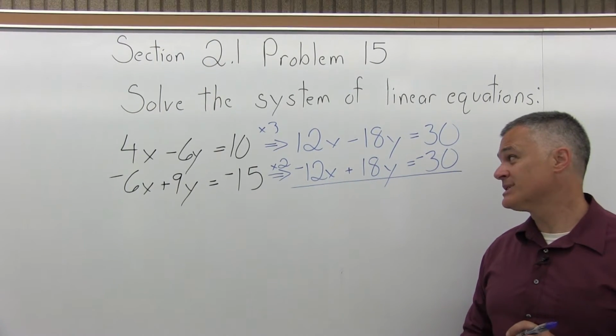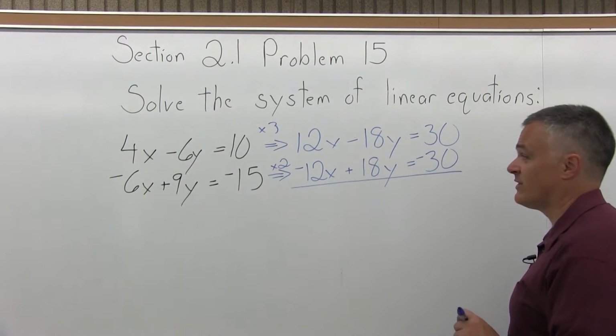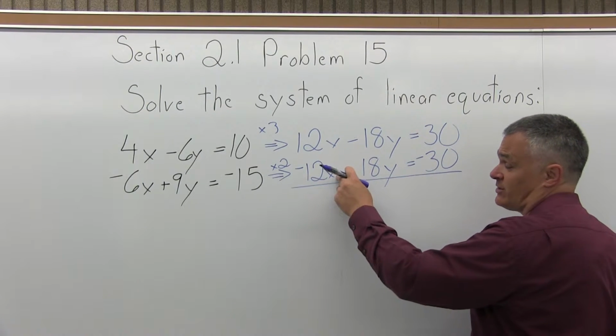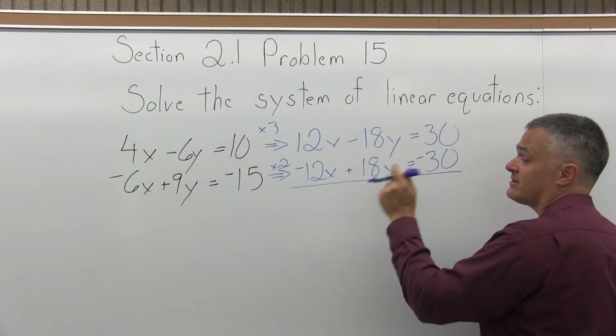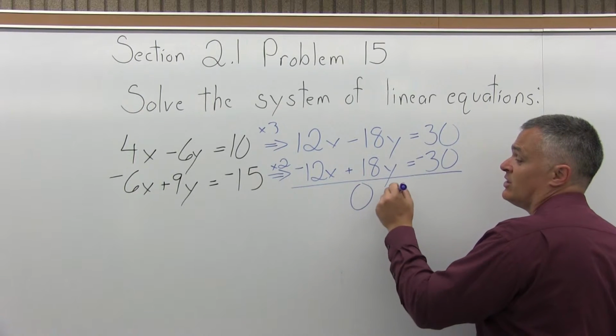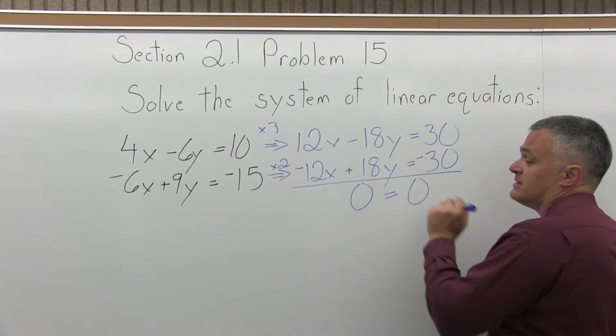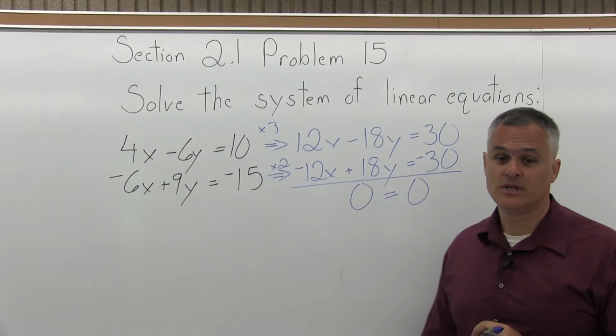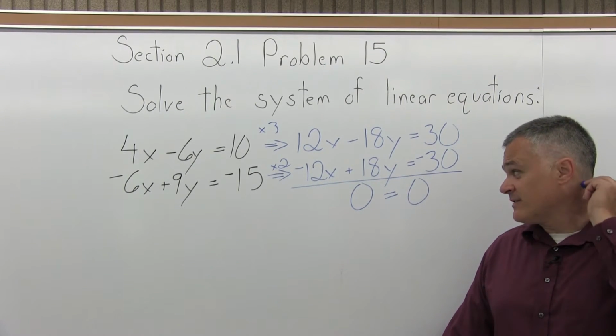So for step 2, where it says add the equations together to cancel one of the variables, you certainly do cancel one of the variables. You cancel the other variable too, and you cancel the right-hand side of the equation. You wind up with 0 equals 0. That's true for all values of x and y.